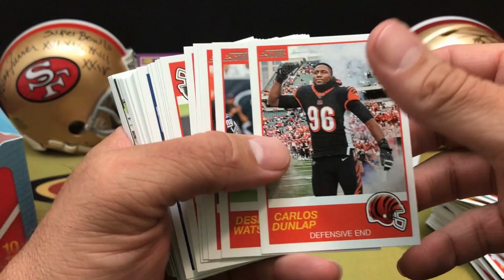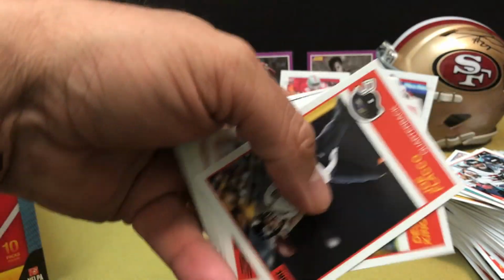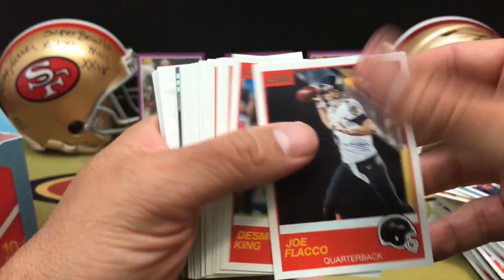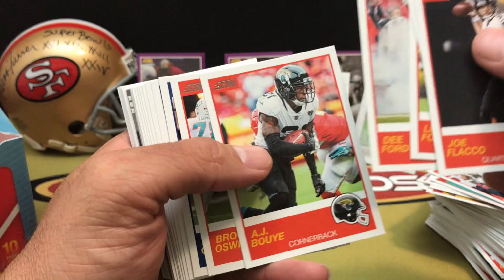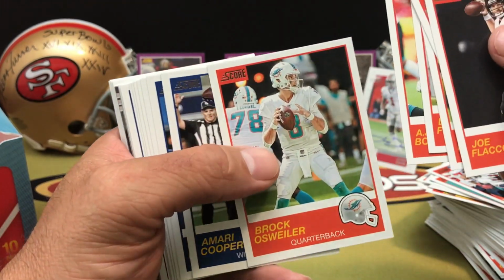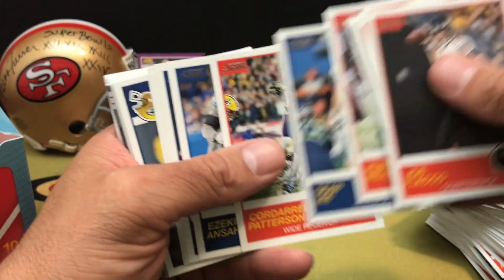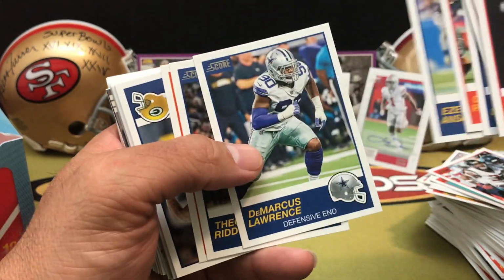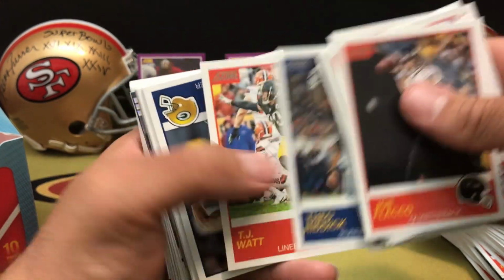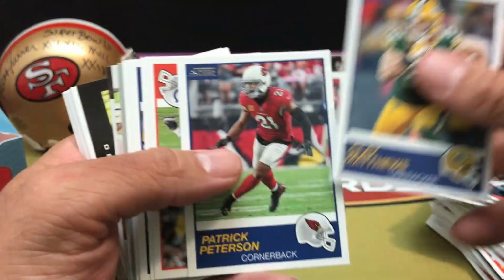We got Carlos Dunlap, Deshaun Watson, Duke Johnson. We got Joe Flacco, Desmond King, Leonard Fournette, D Ford, AJ Boye, Brock Osweiler, Amari Cooper, Albert Wilson, Sean Lee, Cordell Patterson, Ezekiel Anza, DeMarcus Lawrence, Theo Riddick, TJ Watt. And we've got Clay Matthews,